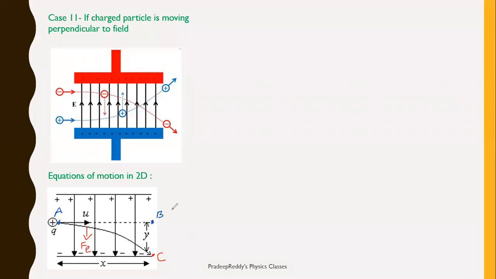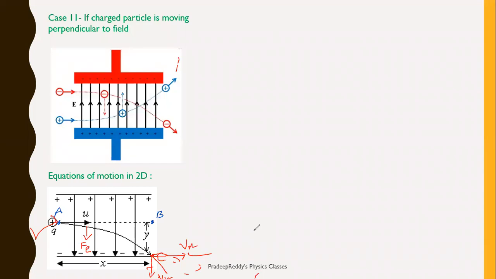The initial velocity at this point is only along the x-axis, but the final velocity will not be only along the x-axis. It has both velocity along the x-axis and along the y-axis. I will mark it like this. This is velocity along the x-axis, I will write it as Vx, and velocity along the y direction, I will write it as Vy. So I will be representing the velocities this way.